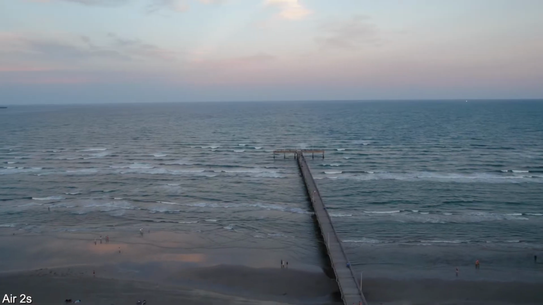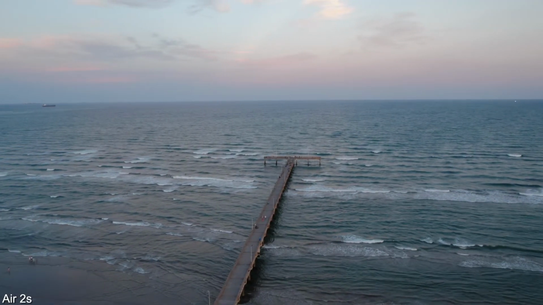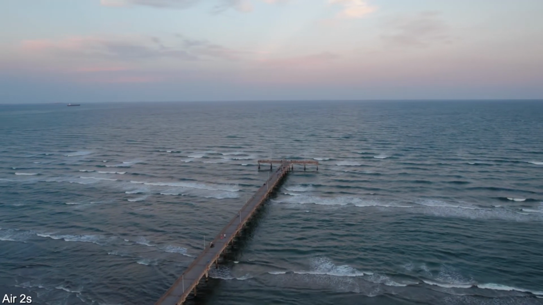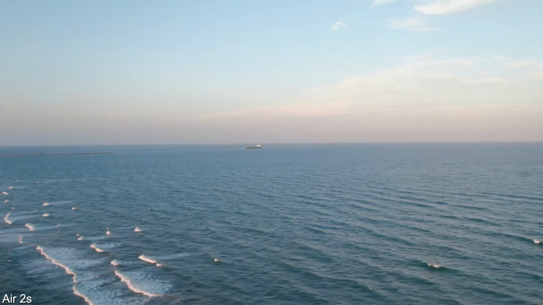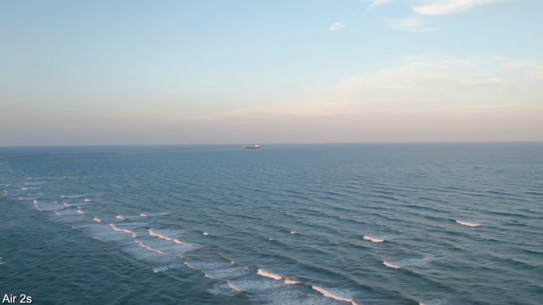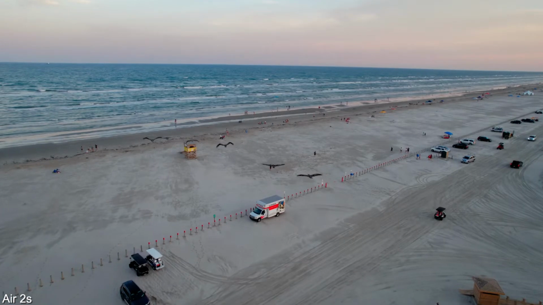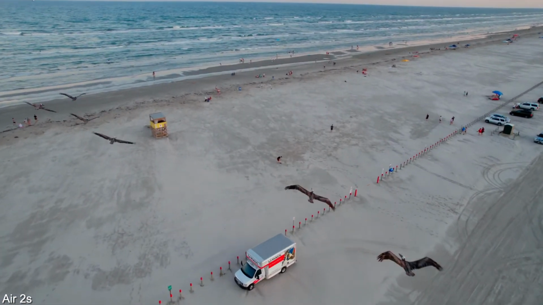As far as the cons, once again, the size. Its wind resistance capabilities are a little bit more limited compared to the Air 2S. It can handle some pretty good wind, but it's a tiny drone. It's a lightweight drone. The propellers are a lot smaller, so the Air 2S is going to handle wind a